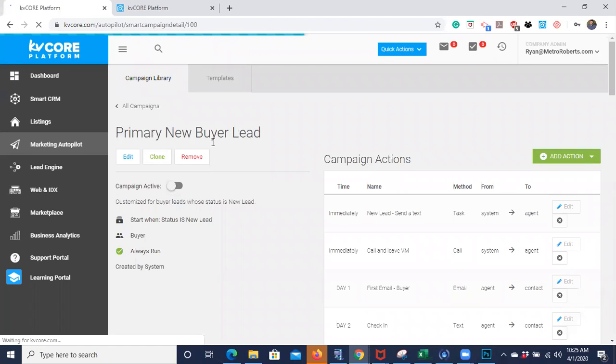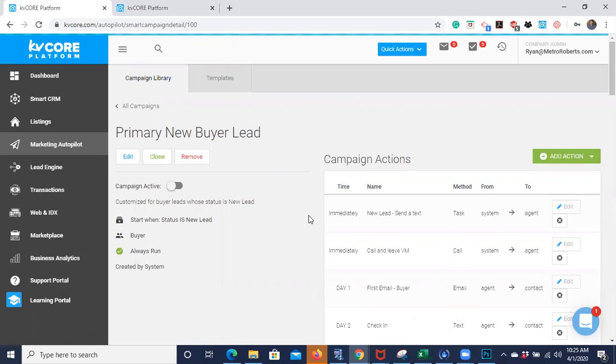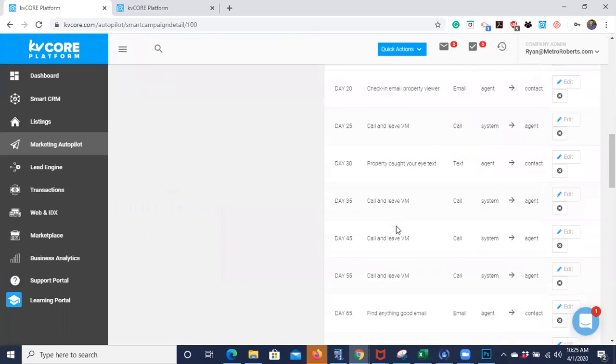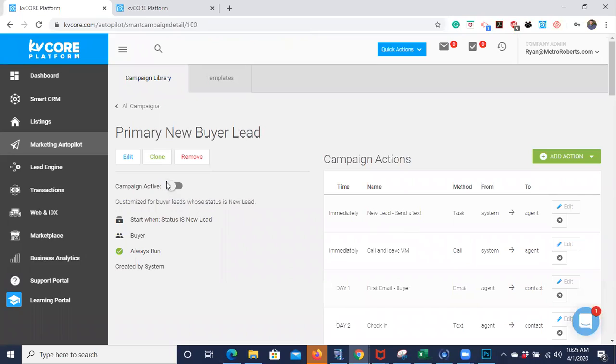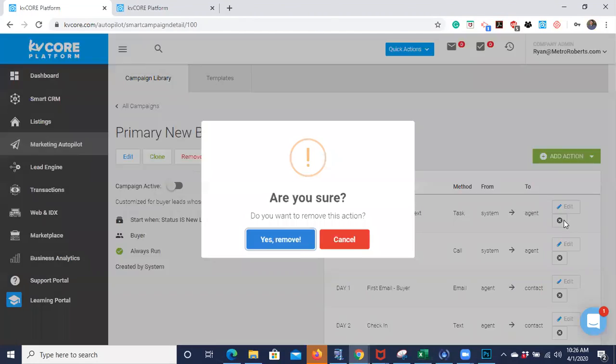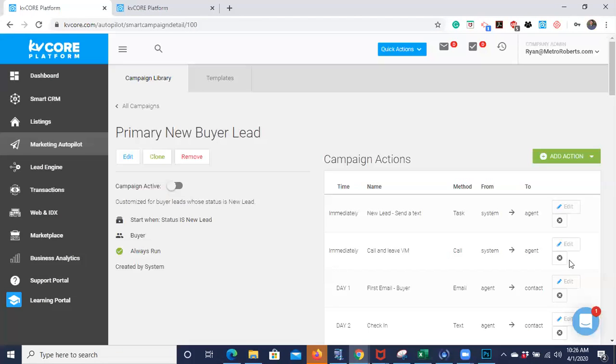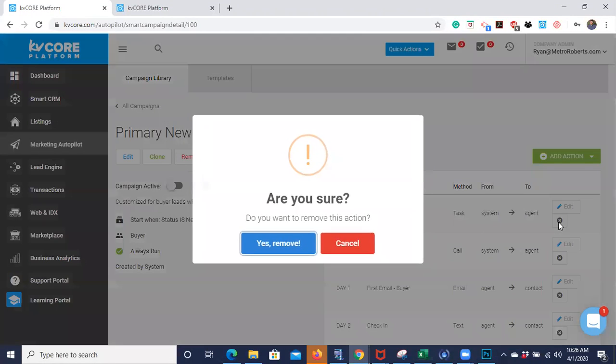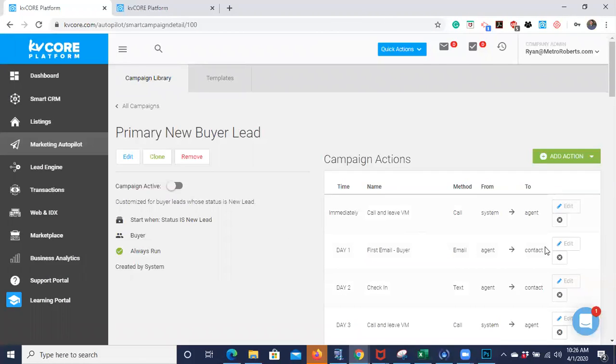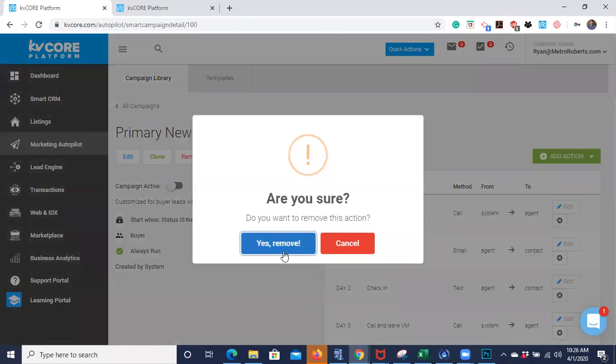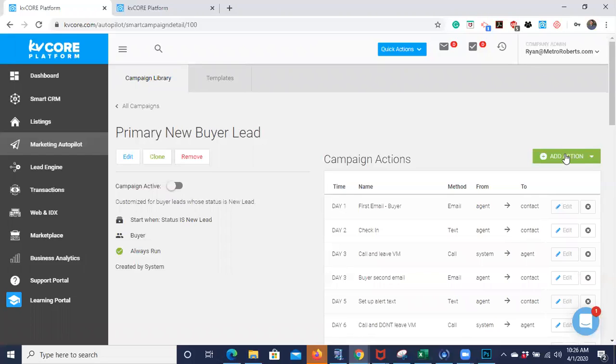So here it is. Here's my campaign, primary new buyer lead. For now, since I haven't had a chance to really go through and edit it, I haven't activated the campaign yet. So I'm going to leave it inactive until I really go through and change it. But the first thing I want to do, I'm going to get rid of these first two tasks. And the way I'm going to do this, I'm going to hit the X. Yes, I want to remove it. Yes, I want to remove it. I'm going to hit add an action,